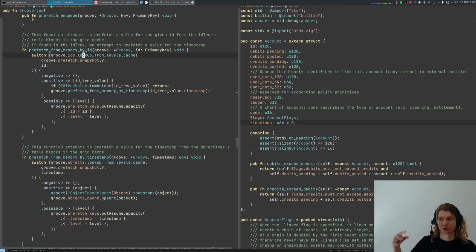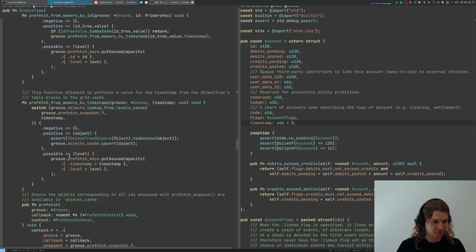So this single logical operation of prefetching by ID requires up to 2 low-level operations with the underlying LSM tree, because we need to consult both the ID tree and the timestamp tree. And I understand that this might be very confusing if that's the first episode where you've joined us, but sorry, this bit is where we really need to make use of all the information we've been slowly collecting for the past few episodes. Okay, so anyway,